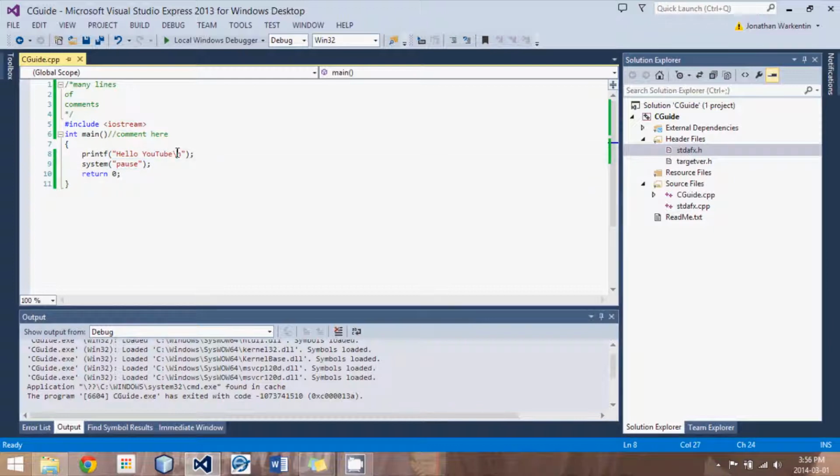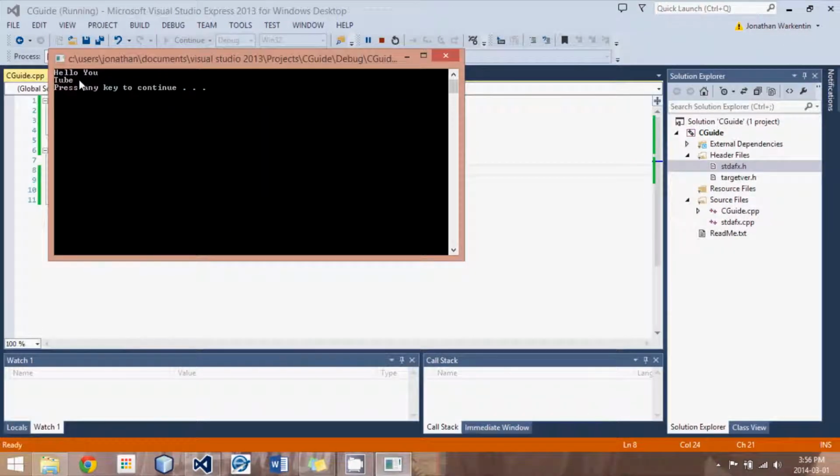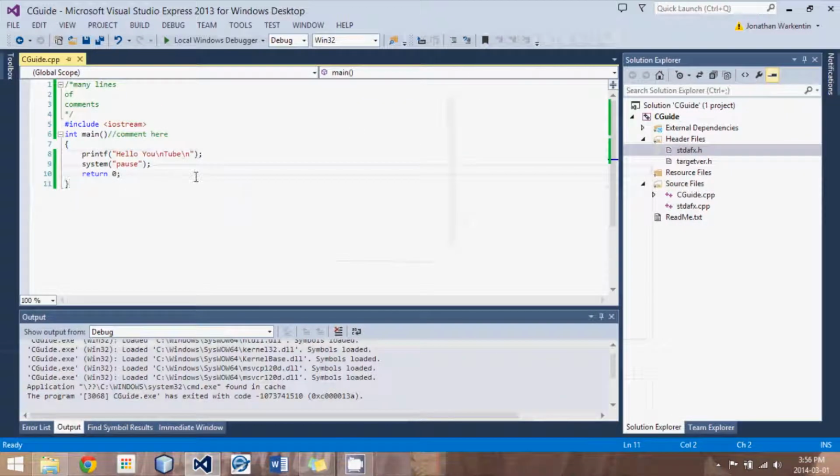Now we could add this \n anywhere we want, including extra places. So I could add it after the U. So now it'll say hello U, next line it'll say tube, and the next line press any key to continue. We can even go more complicated,